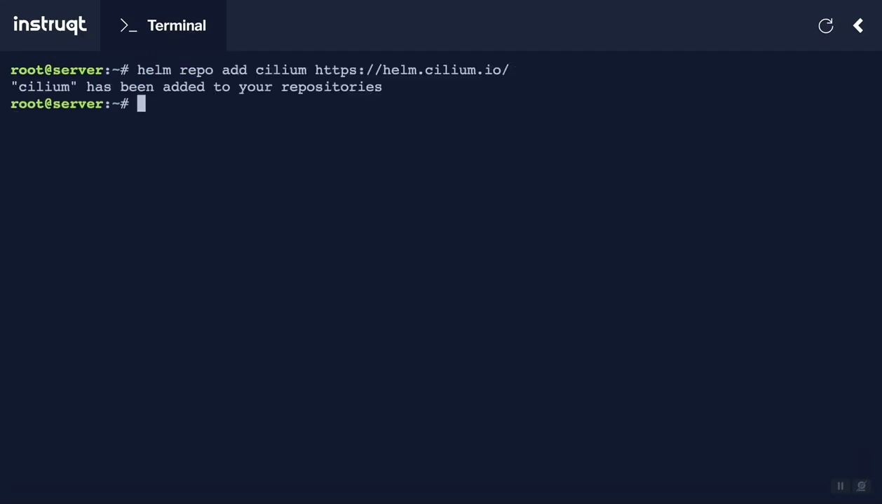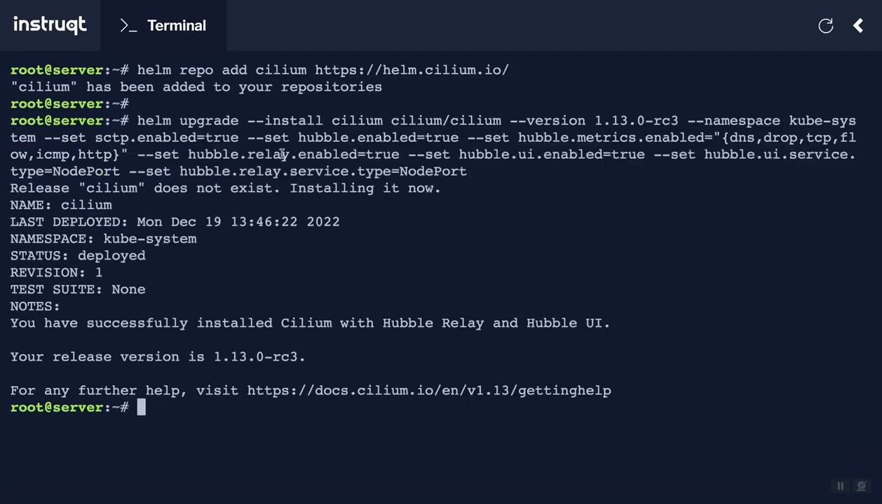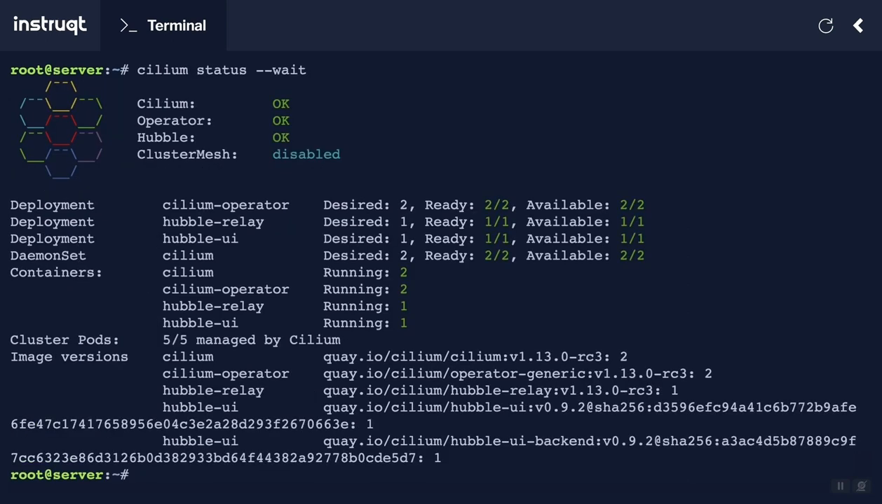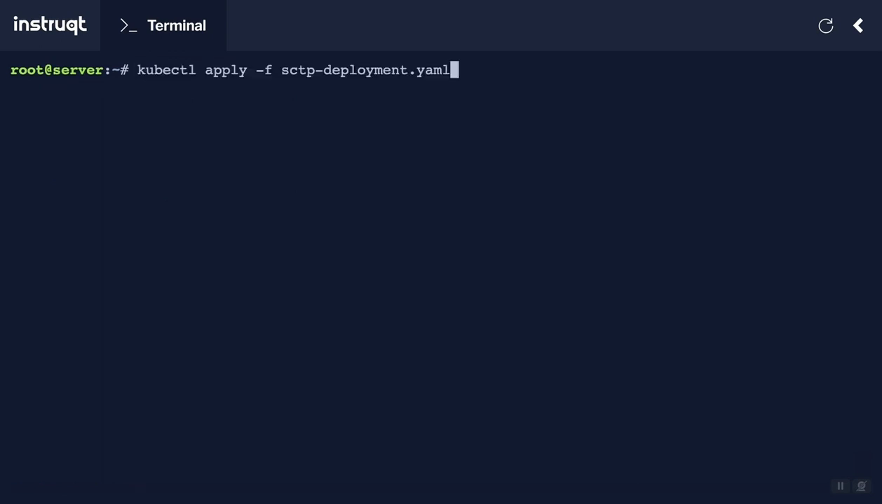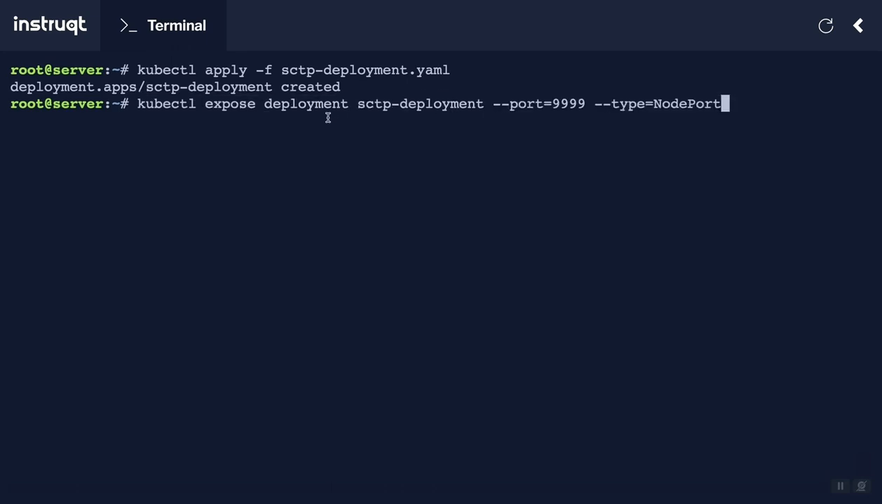So in this quick demo, we start by installing Cilium with the SCTP option enabled, and we can see that Cilium has been successfully deployed. Next, we're going to deploy a sample SCTP application. We're going to expose it over a node port,